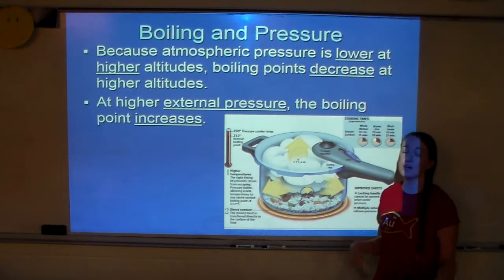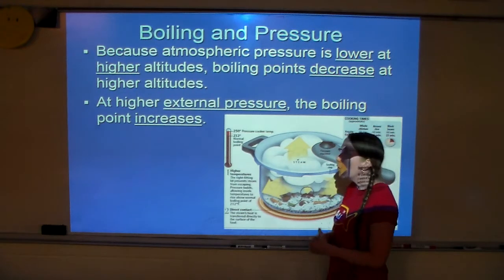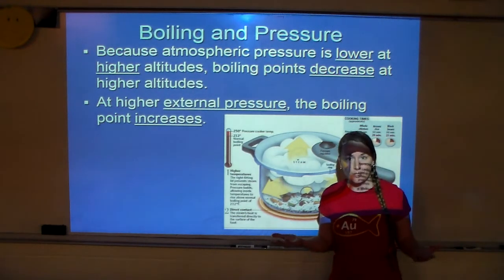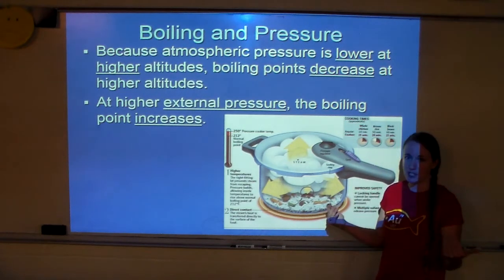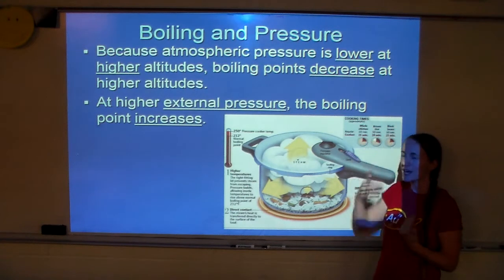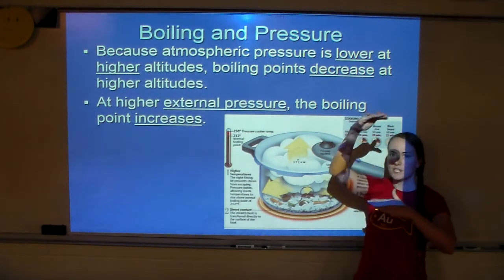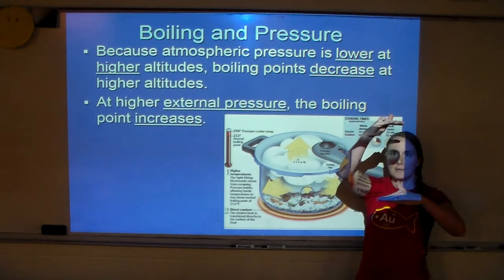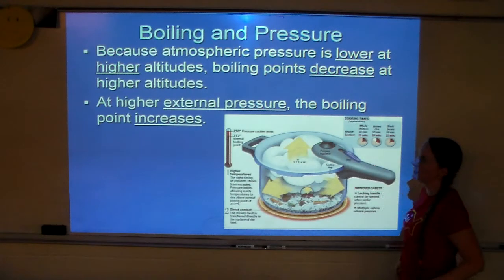Okay, well, how can we change external pressure? Well, there's many ways. You could artificially do it in the lab by putting something in a vacuum or something like that. Or you could just go to a different altitude. As you go to different altitudes, the air pressure changes because you don't have as much air pressing down on you at the top of the mountain as we do down here at sea level. So down here at sea level, let's just pretend we have this much. If you climb up a mountain, then you only have this much. So that's less air pressing down on you.